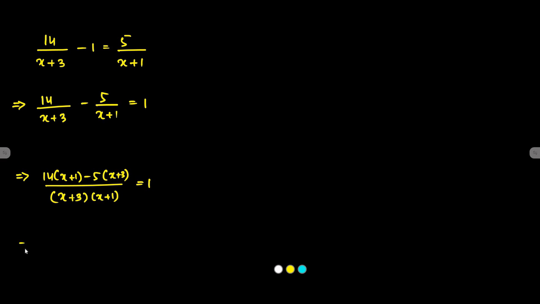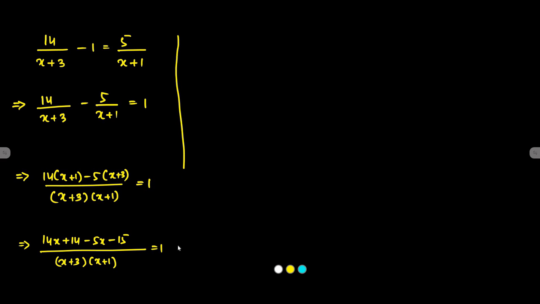That implies 14x plus 14 minus 5x minus 15 by x plus 3 into x plus 1 equals to 1. So that implies